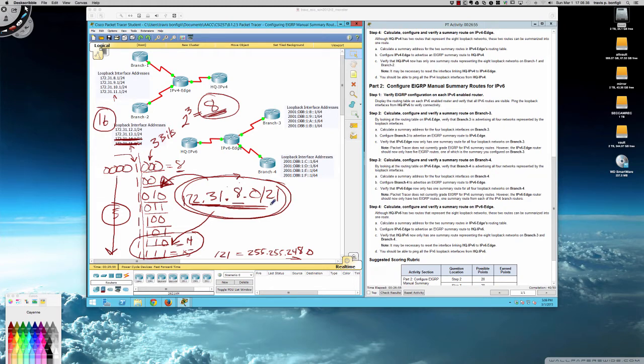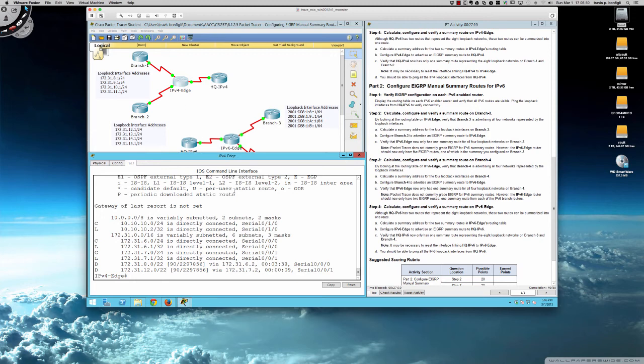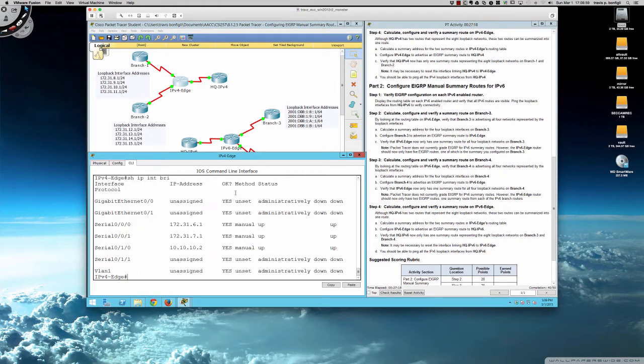All right, so we've got our summary. We know our subnet mask. Let's go ahead and configure things on IPv4 Edge. So we'll clear our screen here. And let's step over to IPv4 Edge. Which interface is facing HQ IPv4? That's the interface on which we're going to configure our summary. And that's probably going to be, yep, serial 0/1/0. So I'm going to go to global config mode,